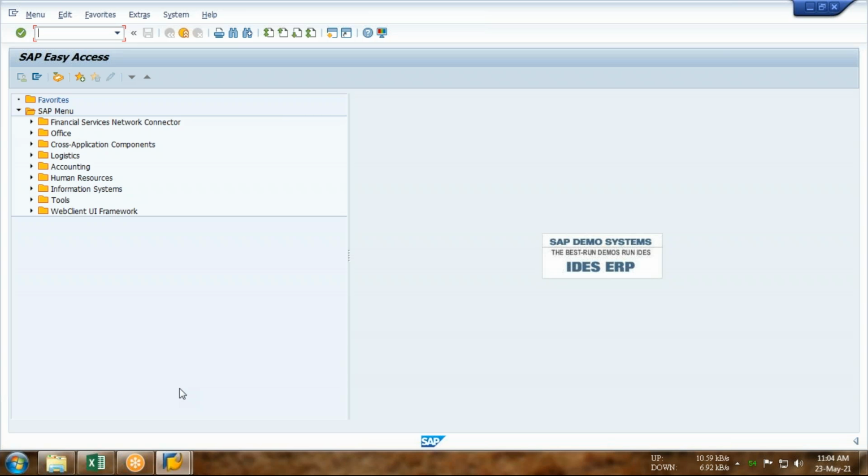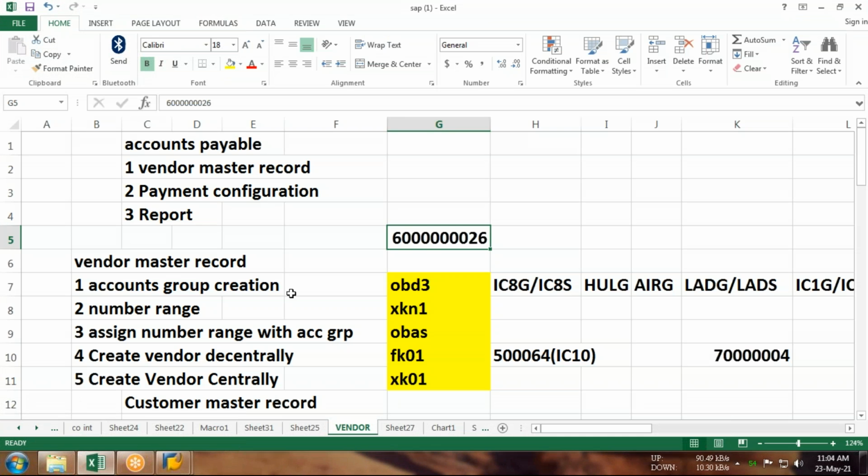Every one of you getting this? Yes, no? So document type and document number range. Now what is document type, what is document number range, we'll get to see, don't worry.